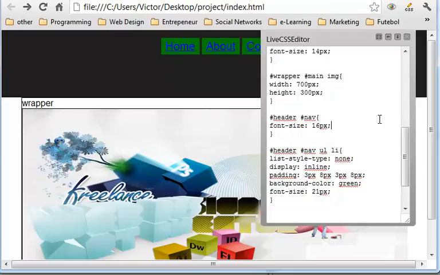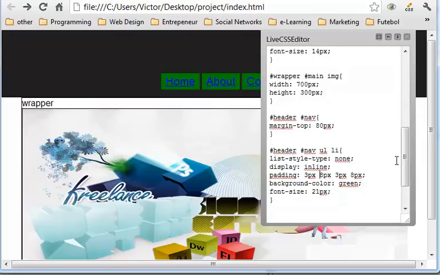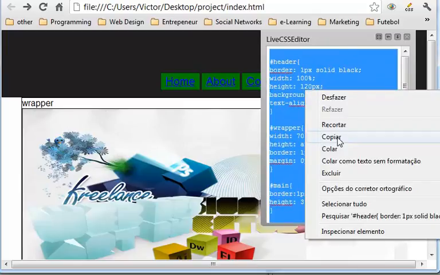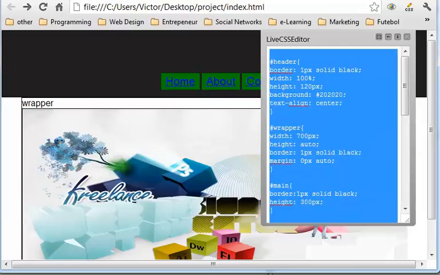So here in the header nav, instead of font size, what I want to do is type margin top, and let's type 30 pixels, a little bit more. Let's say 90 pixels. Sorry, 90. No, 80. Yes, 80 pixels. Now I want you to grab all this and copy, but before you paste it anywhere,